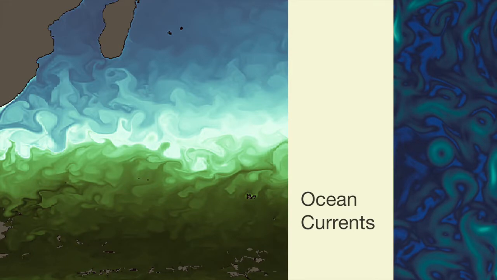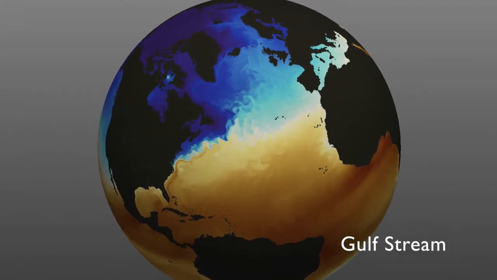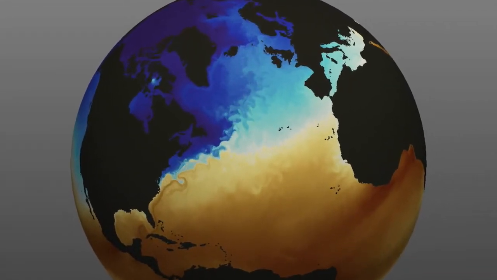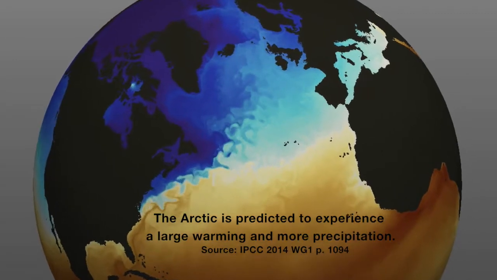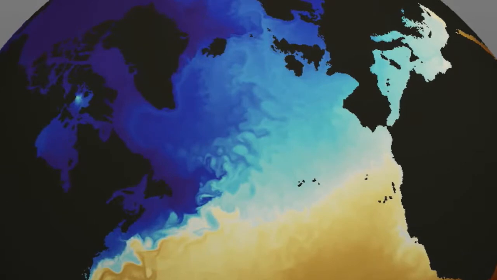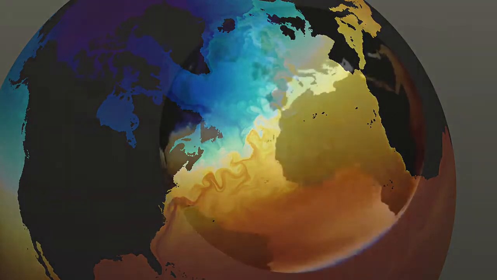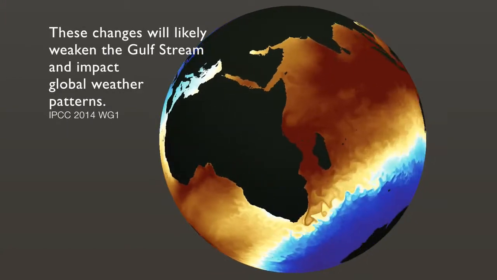Second, ocean currents may change in a warming climate, affecting weather patterns. For example, northern Europe is warmer than Canada due to the heat flux of the Gulf Stream. In a changing climate, the Arctic is predicted to experience a large warming and more precipitation. This makes the waters of the North Atlantic warmer and less salty, which will likely weaken the Gulf Stream and